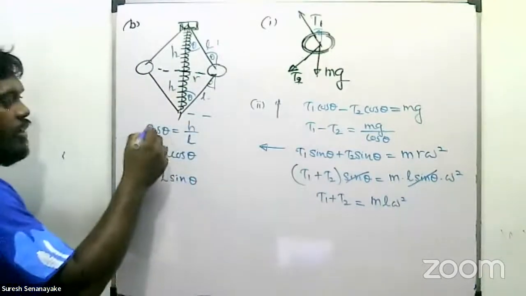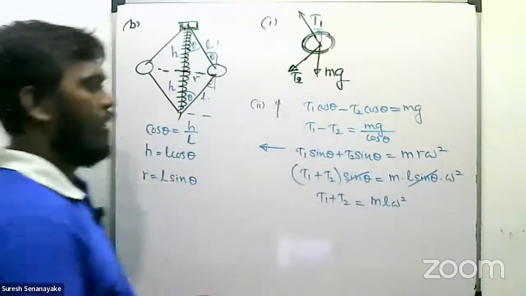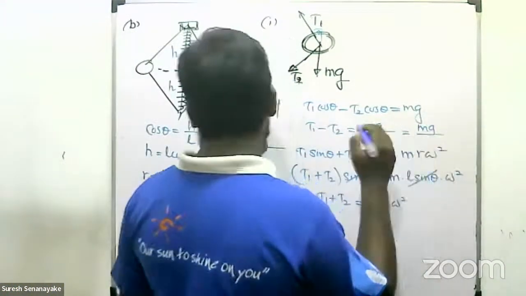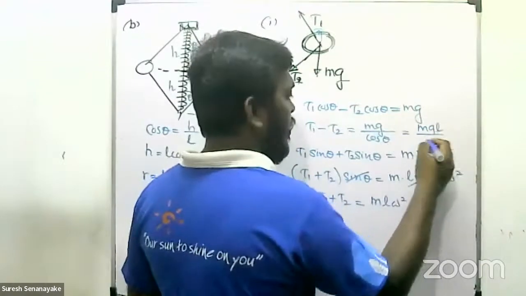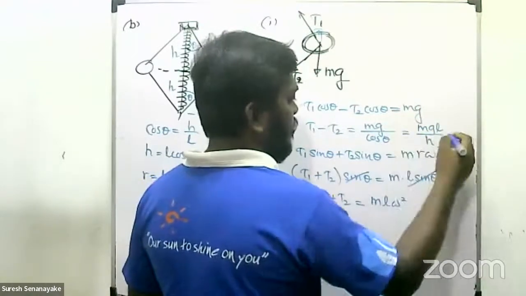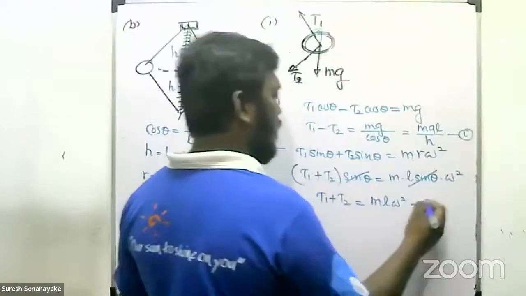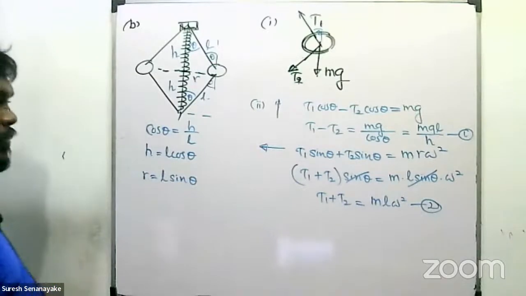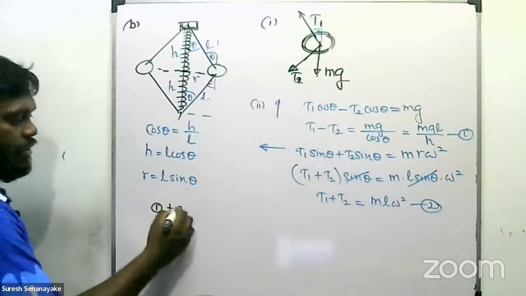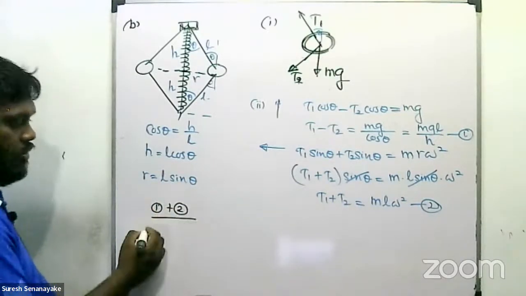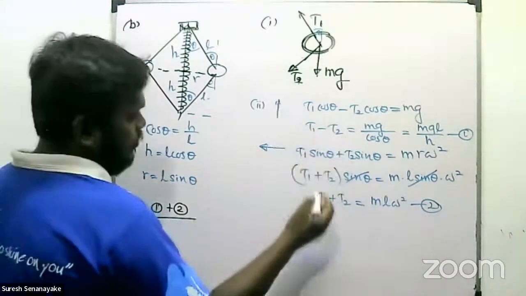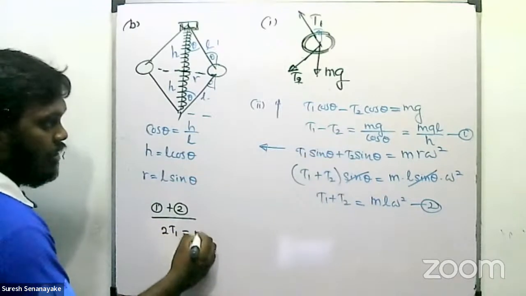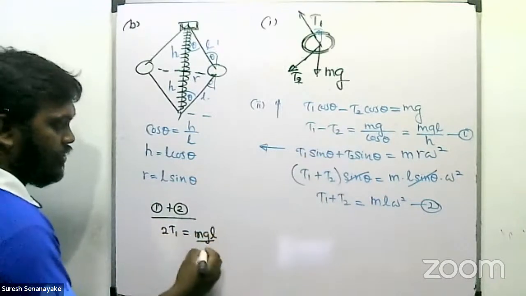According to this equation, you can write cos theta equals H over L. And in here, you can substitute it and write mg over cos theta, that is mg L over H. Cos theta you substitute; this is the first equation you have, this is the second one. Then add the first one to the second one. Then T1 minus T2, T1 plus T2. T2 cancels, this gives 2T1 equals mg L over H